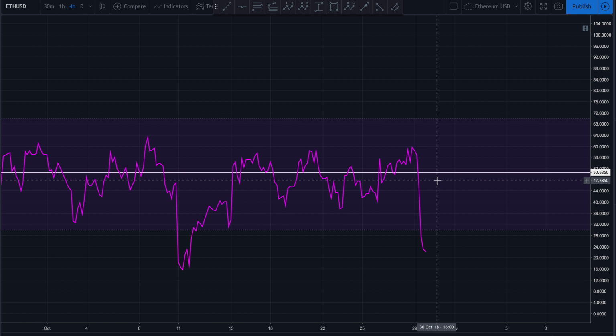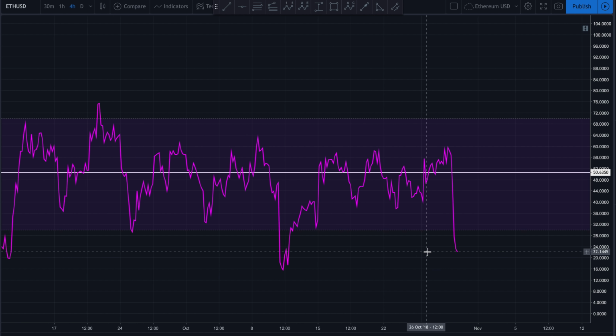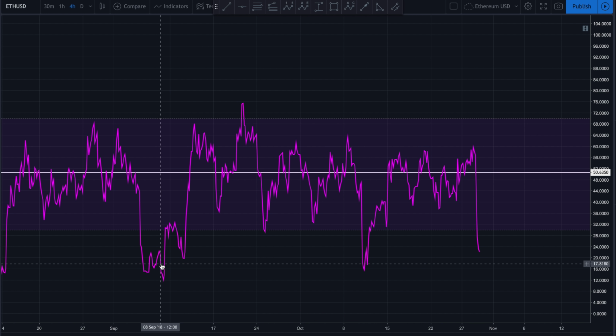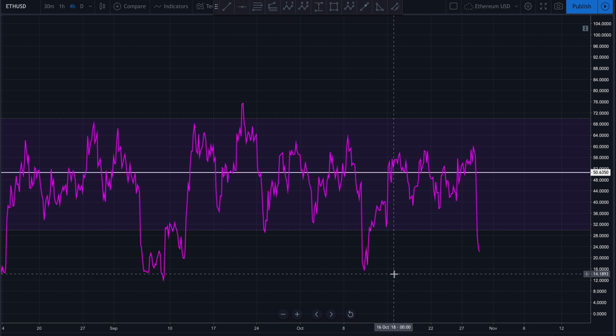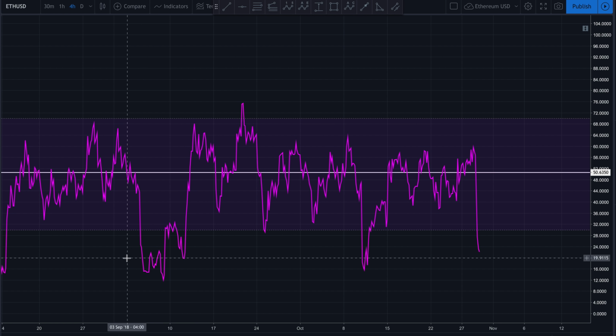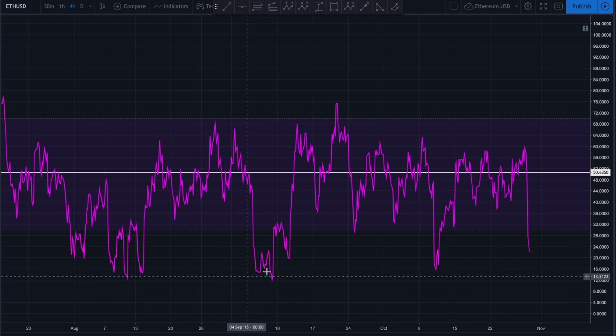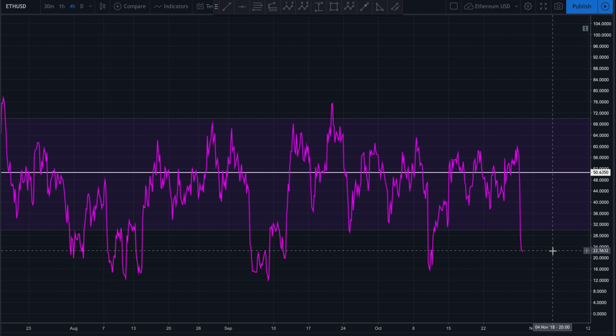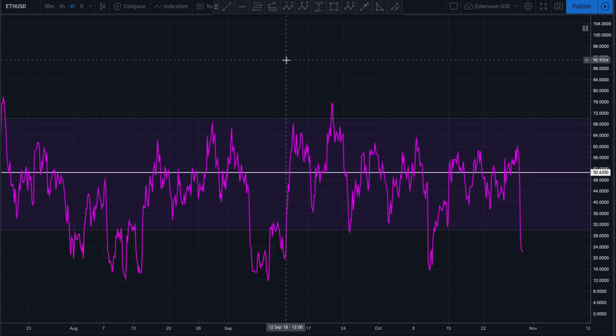We come over here and we look at the 4 hour. The 4 hour is way oversold, guys. But again, if we look in the past, we could see that even though it's been oversold here, usually what it does is it ends up coming back up and then coming back down for at least one retest like we saw here. But again, in the past, guys, it's done multiple retests many times. So just because the RSI is extremely oversold here on the 4 hour does not mean that price can't go lower.